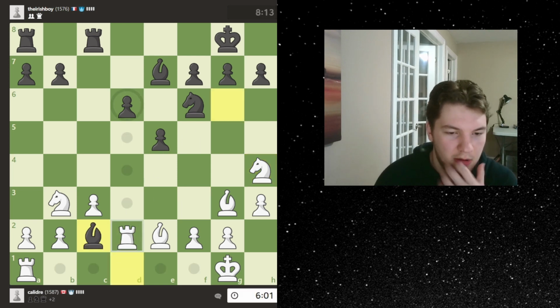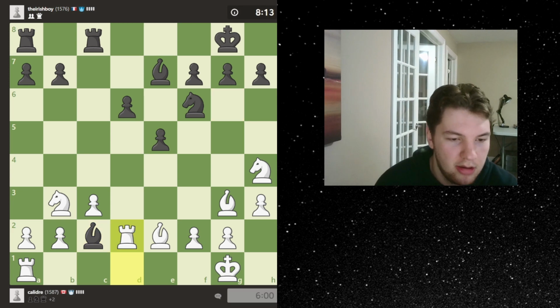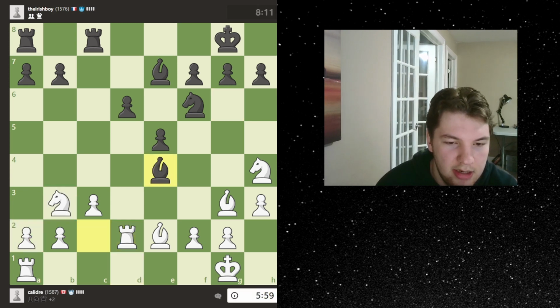So I'm just gonna go here. If he takes, I take. Nope. Okay. I could do something like this. This looks a little funny. No, we're just going to do this. It's probably not going to work, but it's probably going to, yeah. So we can go back. We're going to do...